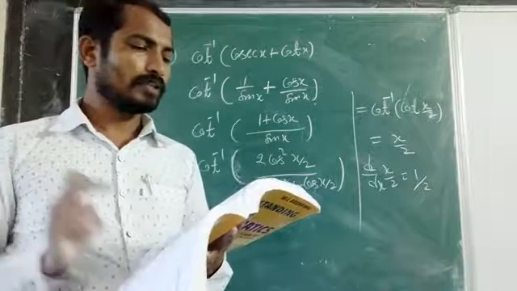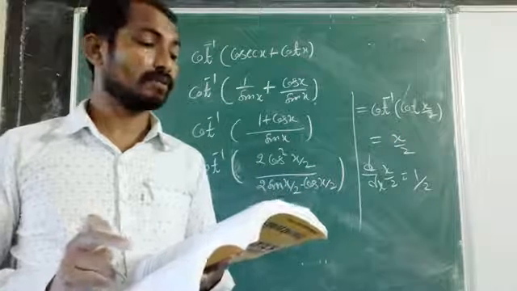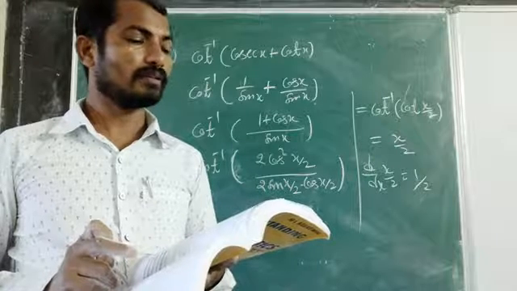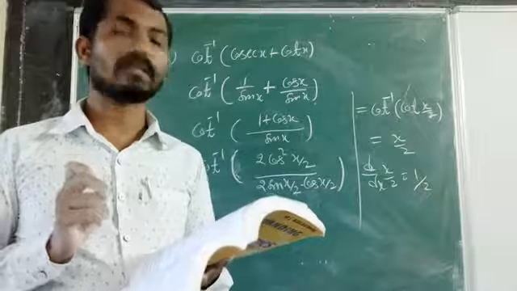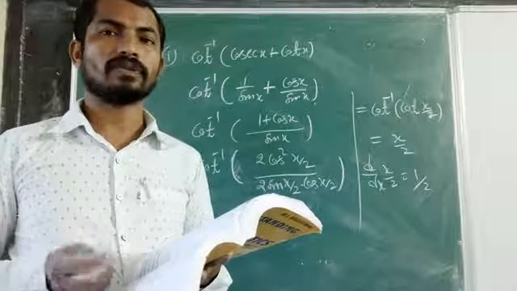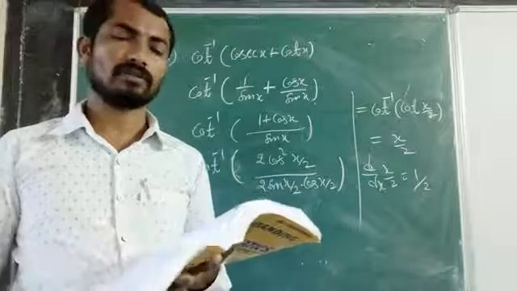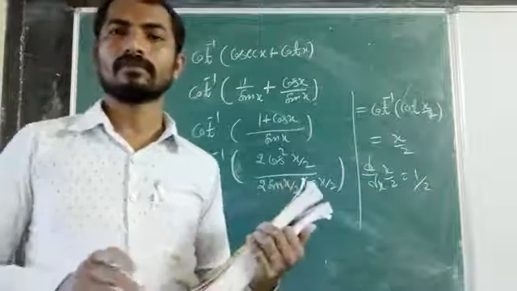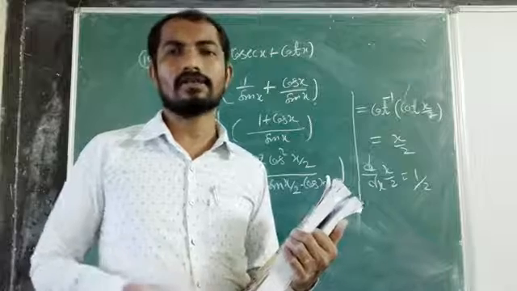Then you can try to complete the remaining questions of the 10th. I think there are a total of 4 parts in question number 10. One part I have given, 3 more are left. You can do those problems, not so difficult. You just try it, and if you are not getting it, then you can ask me. It's not a problem, I will explain. First you just try. If you are not getting the answer, you can ask me. I will explain next class. Okay, thank you.